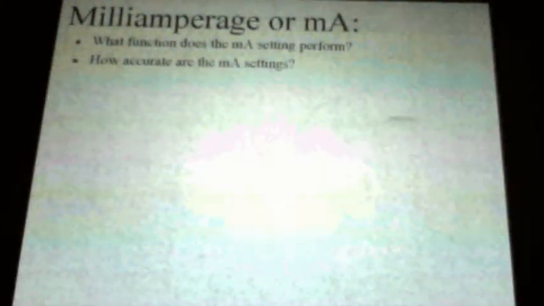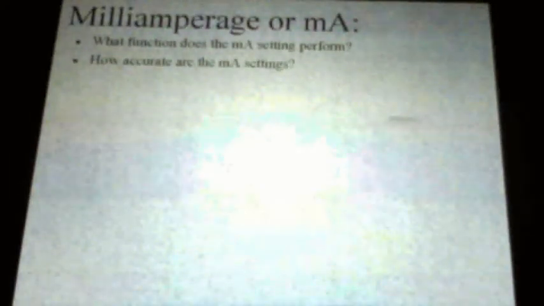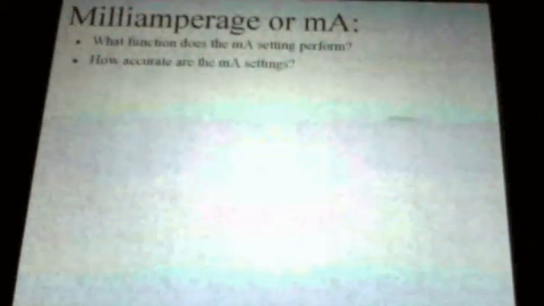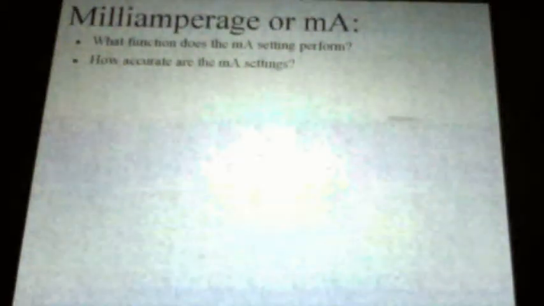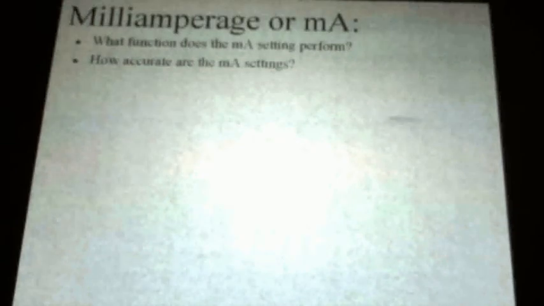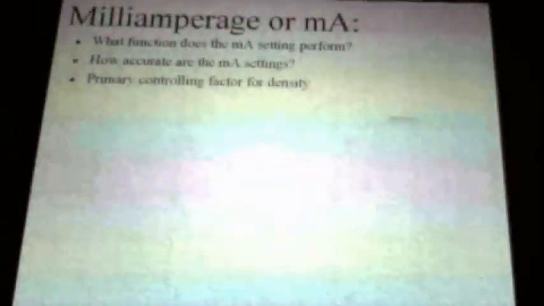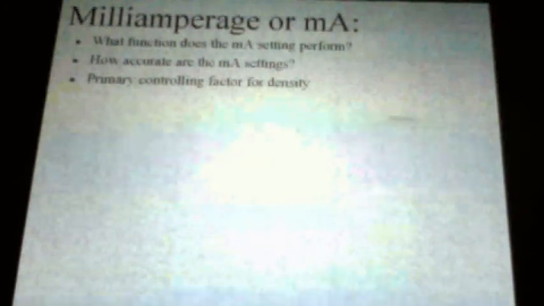Okay. Well, we don't quite know for sure what they are sending us. So the least accurate part of our technique, by far, is the MA setting. That is the least accurate part of our technique. We have a hard time controlling those electrons, the quantity that we're receiving, and then the quantity that we're using to produce our image. It's the least accurate. Even with that being the case,